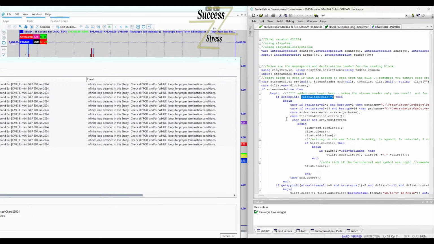I see. If stream read is equal to true, then we're going to begin. We're going to do this. If get app info AI real time calc is a historical bar, then begin. We're going to do this. We're going to do these things one time. And then we're going to come down here, and we should be doing this one time as well, which technically we should be doing all this just one time. This whole thing should be